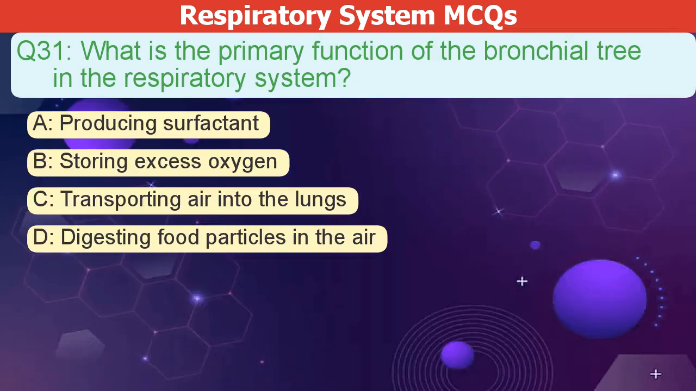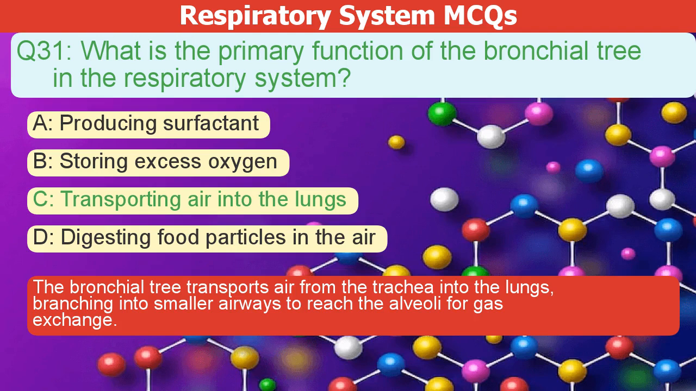What is the primary function of the bronchial tree in the respiratory system? A. Producing surfactant. B. Storing excess oxygen. C. Transporting air into the lungs. D. Digesting food particles in the air. The correct answer is C. The bronchial tree transports air from the trachea into the lungs, branching into smaller airways to reach the alveoli for